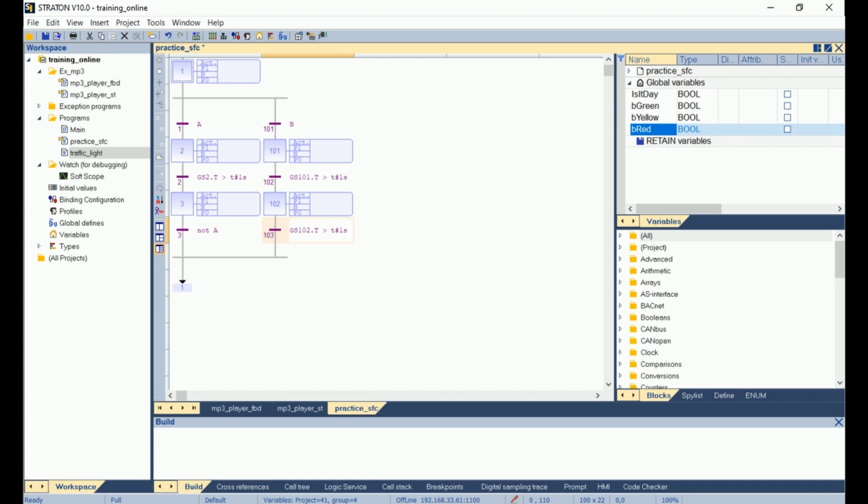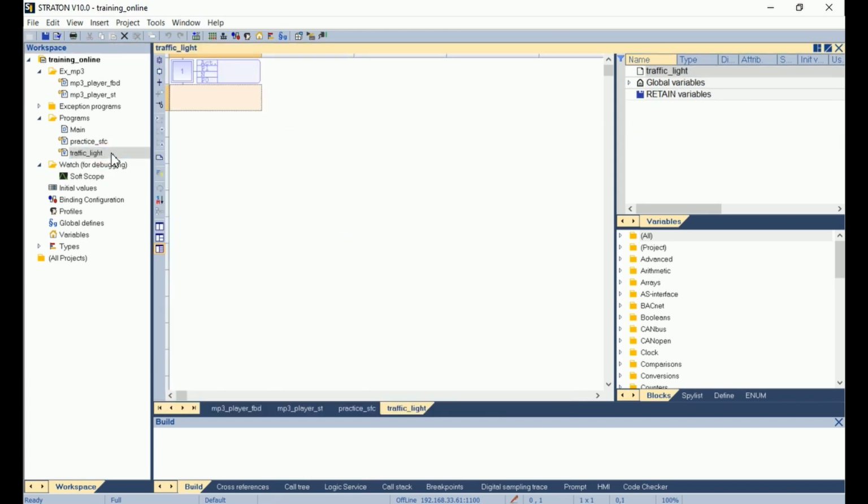So I will first deal with the father SFC that manages the two modes. I open my program and I add a divergence to have the choice between day or night, with a transition for each part and a step, and another transition and finally a jump back to the first step.